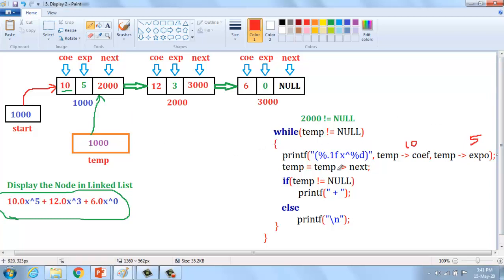Okay, later they are going to call the next. The temporary variable can increment the next pointer, that is temp equal to temp of next. What is temp? Temp is 1000, and 1000 of next is 2000. Here temp is 2000. Okay, I understand. And then if temp not equal to null, condition true or false? What is temp? Temp is 2000, 2000 not equal to null, condition true or false.